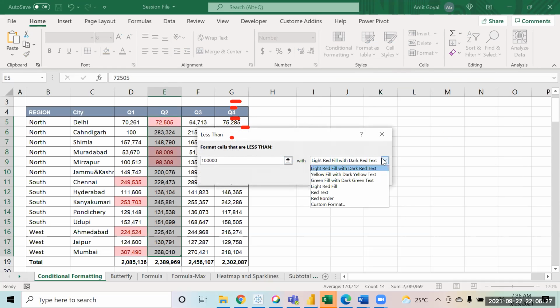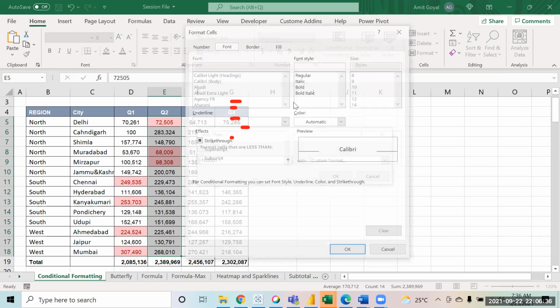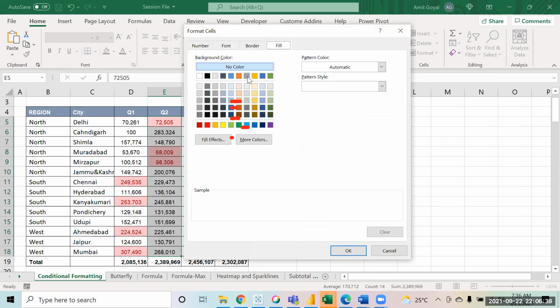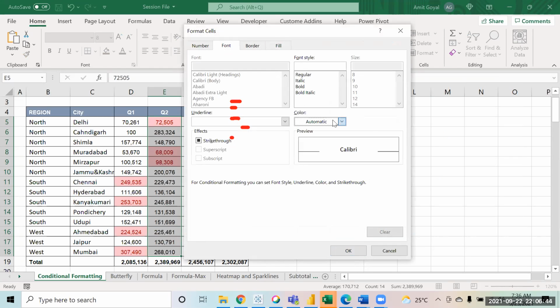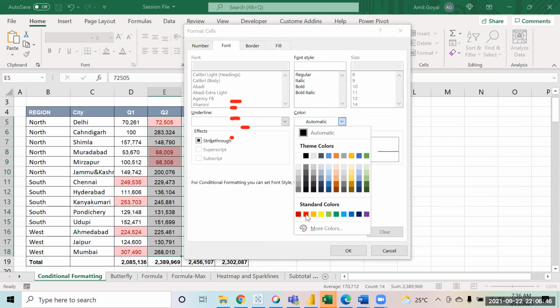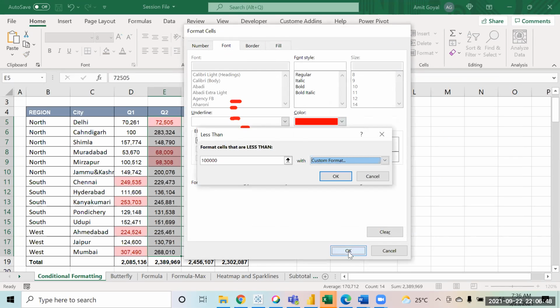You have a lot of options for coloring: green fill, red border, yellow fill, and custom formatting, where you can choose your own custom color also. Suppose you want to fill with yellow color and make the font red. You can do that.